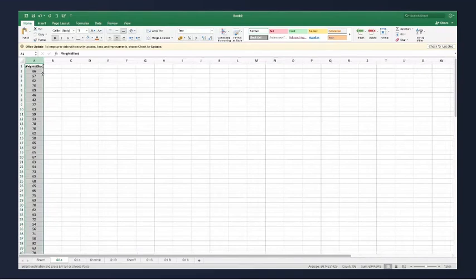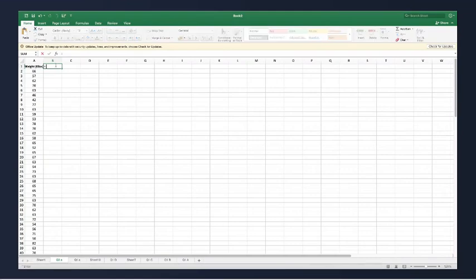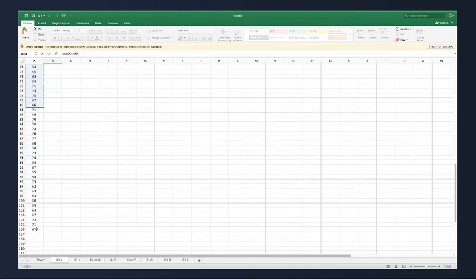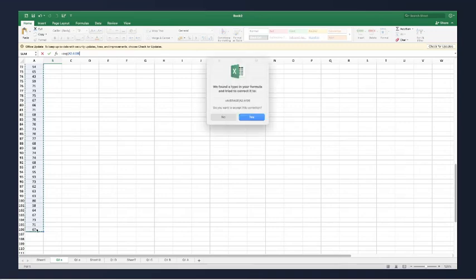So first I will find out my mean, that is average. What is the formula for average? It is equal to AVG followed by all the values, that is my 105 values. I'll find the average and press enter here.